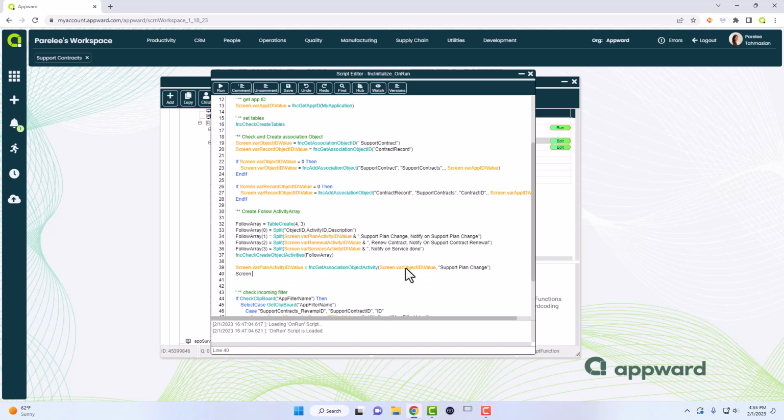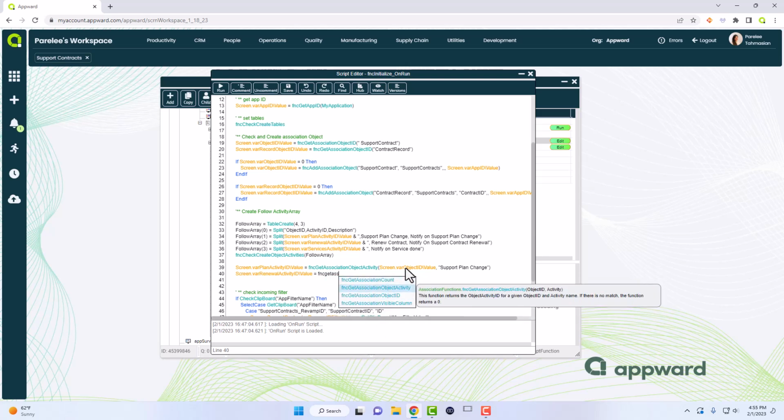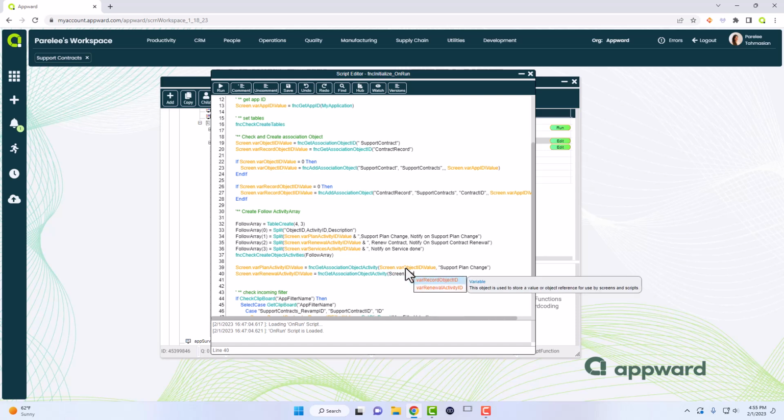So screen ID, so get association object activity, and then we'll do screen dot var record object ID \value. This is incorrect. And we'll be using renew contract and for